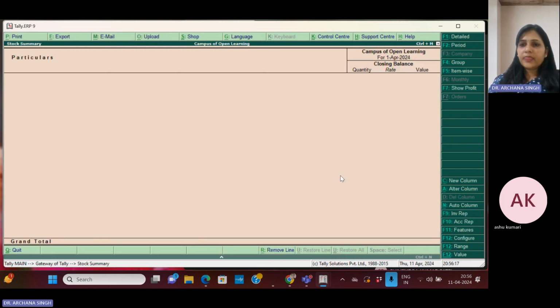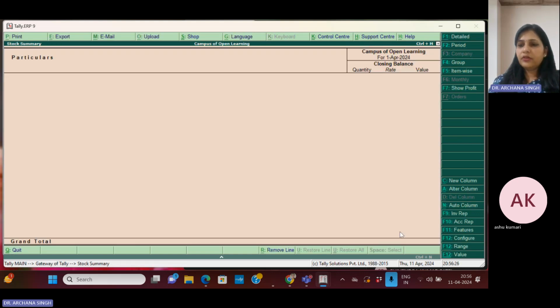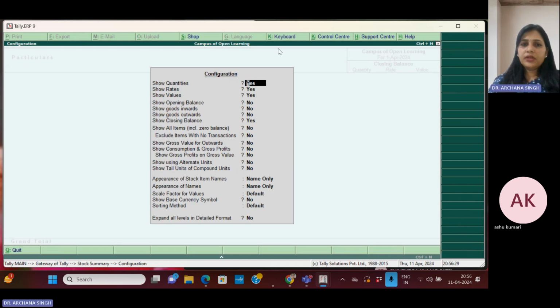stock summary. Like this you can get your stock summary. Again you can do the features. देख सकते हो इसमें कोई changes करने, otherwise configuration you can go for whatever changes you want to, quantity, rate, values, opening balance, goods in word, like this. Okay,